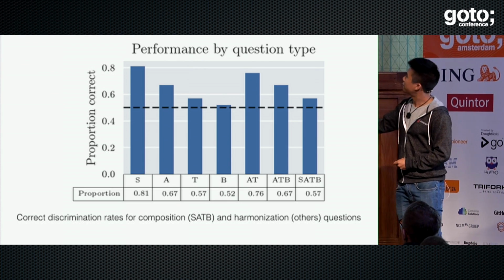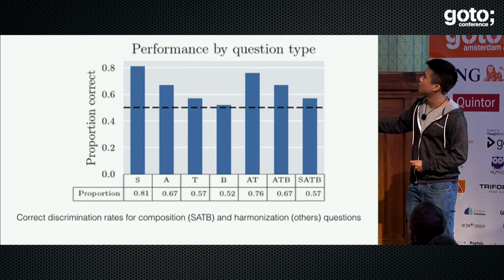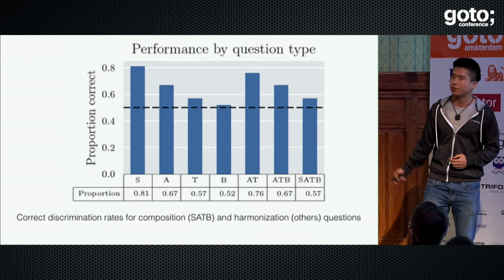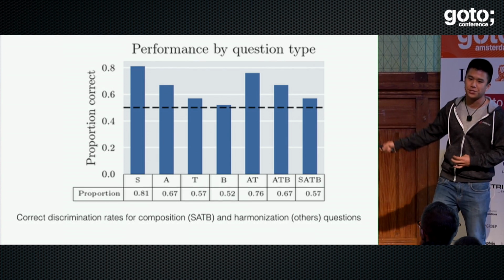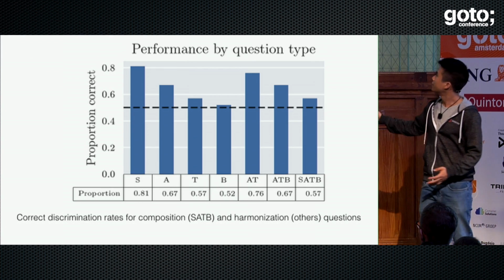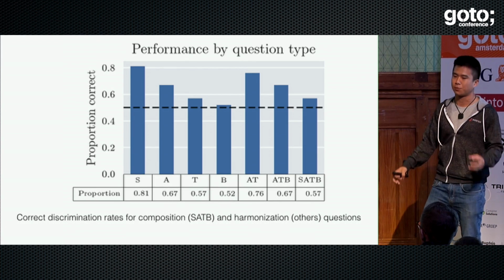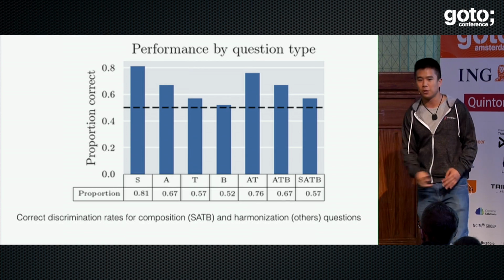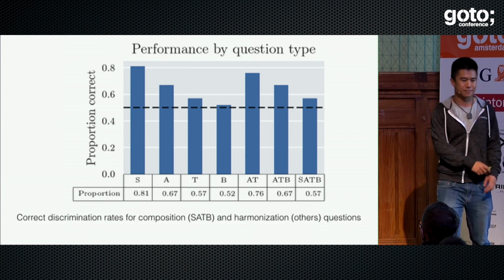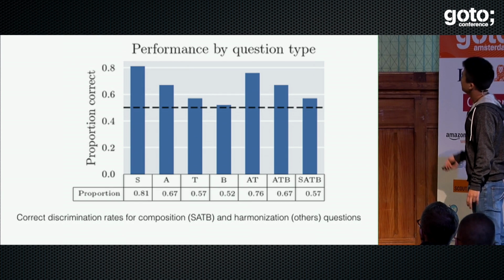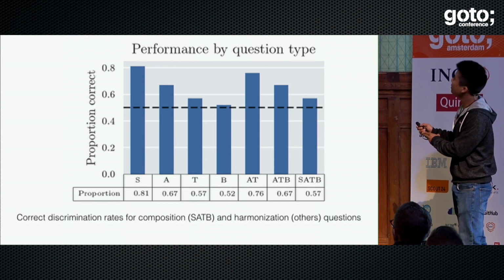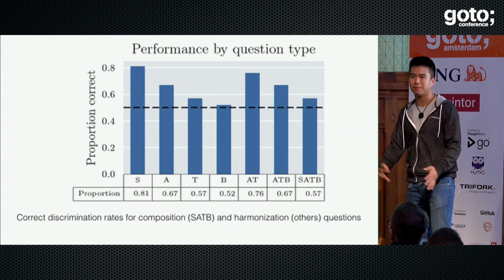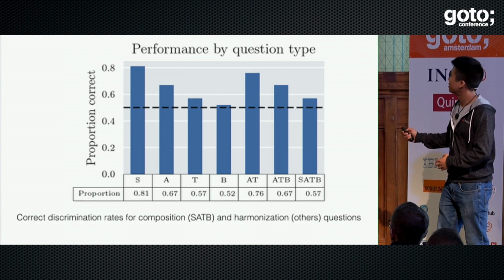So I've coded these with SATB to represent the part that was asked to be harmonized. So this is given the alto, tenor, bass, harmonize the soprano. This here was given just the soprano and bass, harmonize the middle 2. And this is compose everything. I'm going to give you nothing. This is the result that I've been quoting this entire talk. Participants are only able to distinguish Bach from BachBot 7% better than random chance.